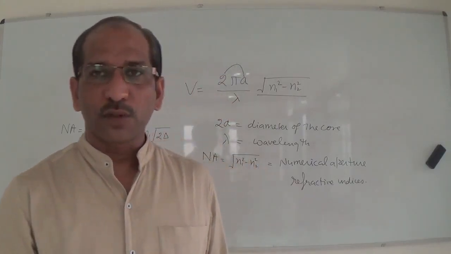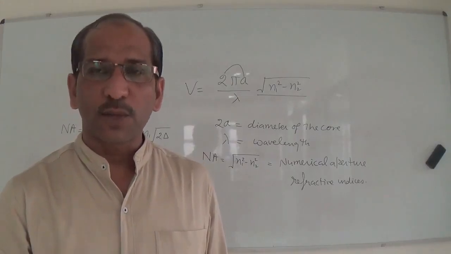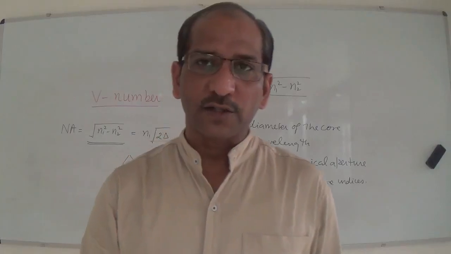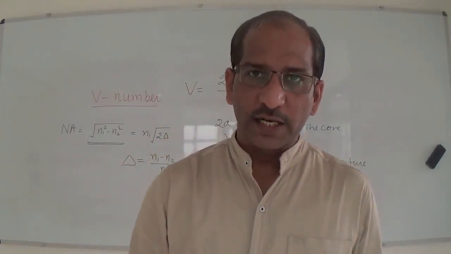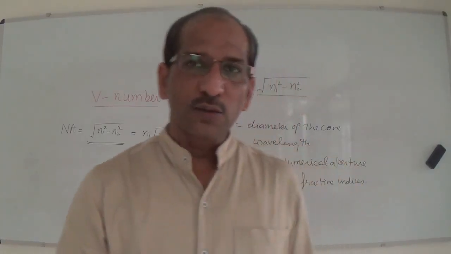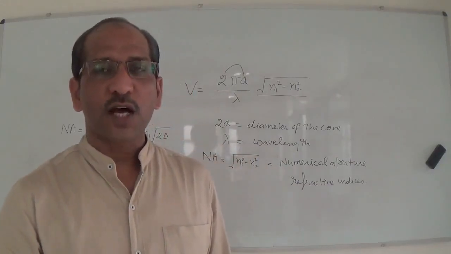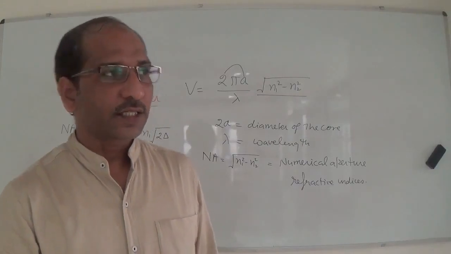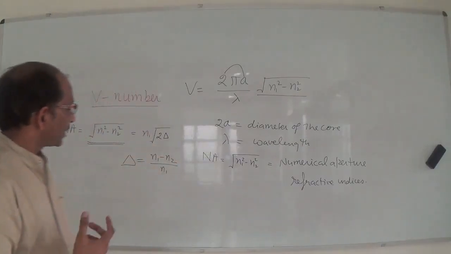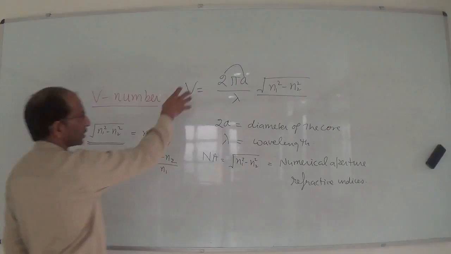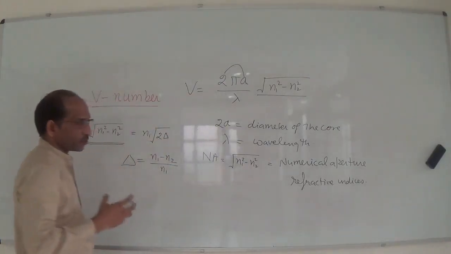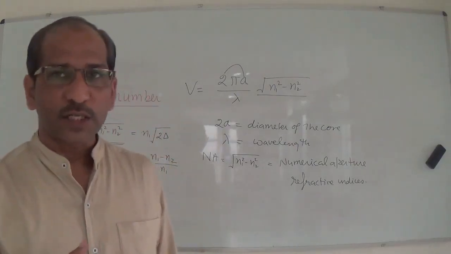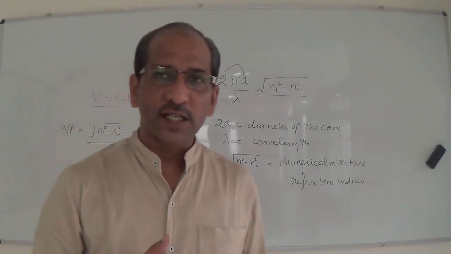So suppose we have to find out the number of modes in the optical fiber, whether that is step index optical fiber or graded index optical fiber. We want to know how many modes are propagating into the optical fiber, right, through the core. So for that information this V number is important, and here I am not just going into the derivation of that particular topic, so I am writing directly that